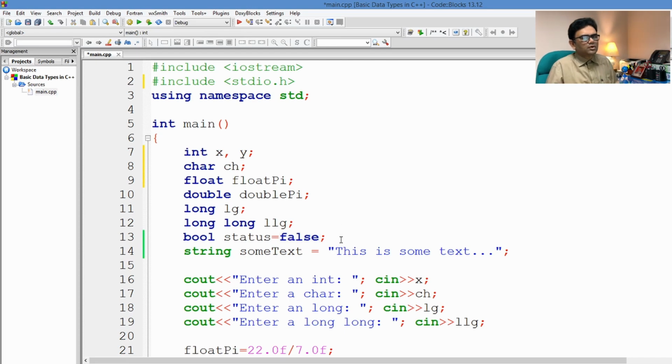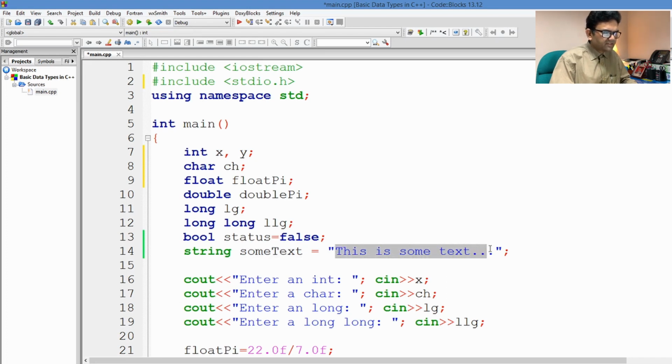Now when you talk about text, we do not have any primitives to represent text, but there are non-primitive ways. One of the most popular ways is string. String also is a data type, but this is not a fundamental data type. String is a class, but we will dedicate a different video to explain class. Right now, understand that string also is a type,